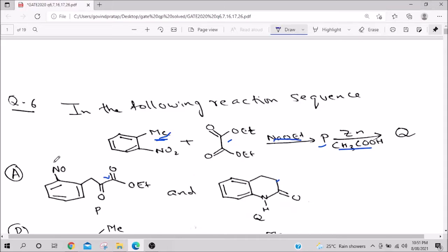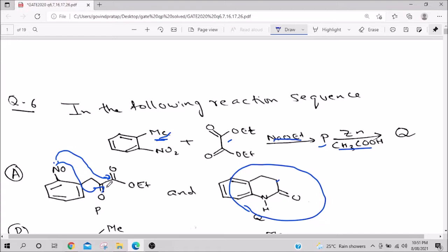So, when it becomes NH2, understand, if it becomes NH2, this lone pair attacks here. If it attacks here, you get a 6-membered ring. Now, 6-membered ring is both kinetically favored and thermodynamically favored. Whereas, if it attacks on this one, you get a 5-membered ring. Now, 5-membered ring is also kinetically and thermodynamically favored.